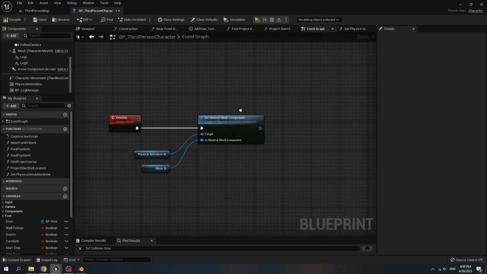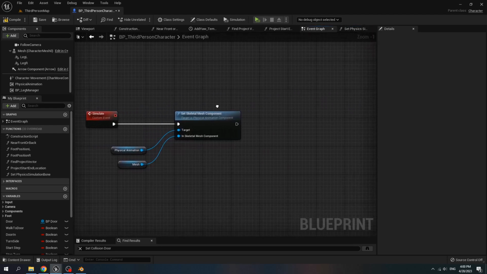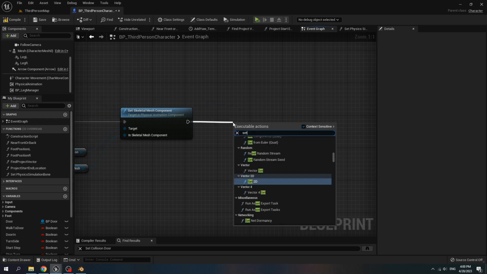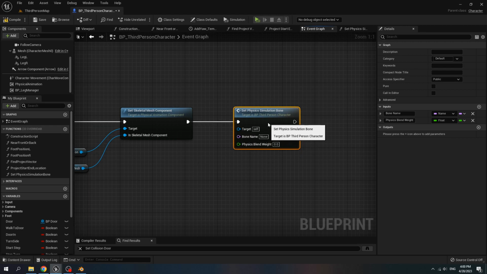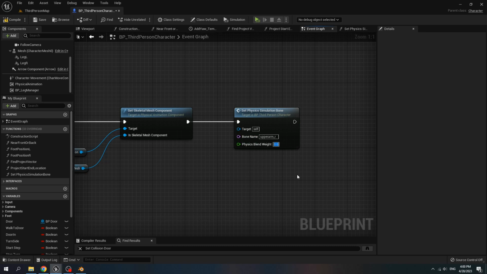Go back to our simulate event, call this function set physics simulate bone, and the bone that we want to simulate is upper arm R, physics weight is 0.6.